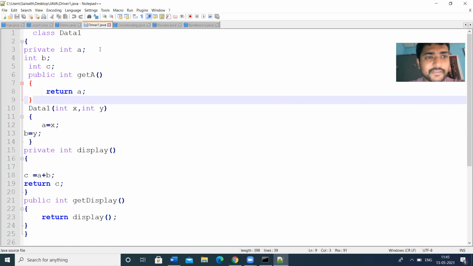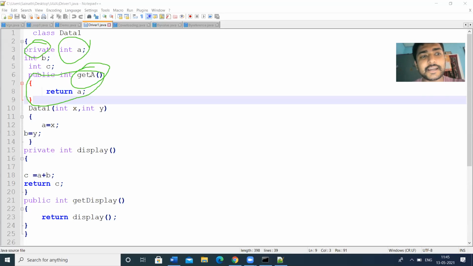That means, if you declare a variable as private, then how do you access this variable A? This can be accessed by using the get method, getA, where the variable name is A. By using this method, we can access this variable A. That means if you want to assign a value to A, it can be accessed by,